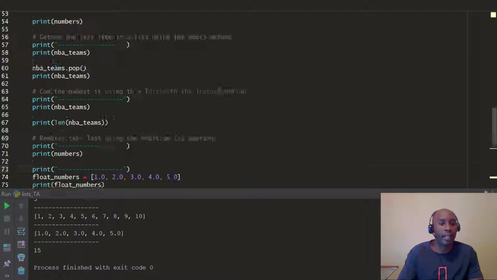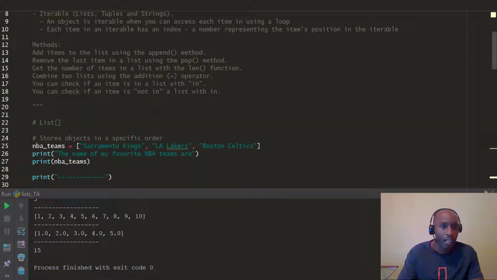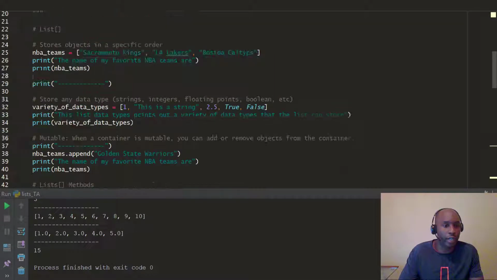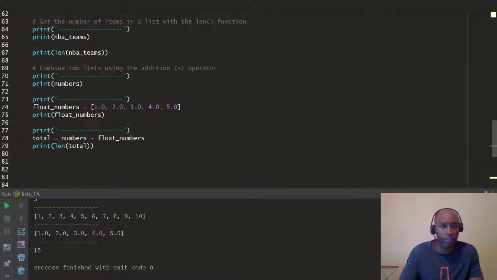All right, so we looked at how to add operators. We've looked at the length function. We looked at the pop. We looked at the append function. We're going to look at a couple more. Okay, so what we're going to do now is we're going to look at another functionality you can do with